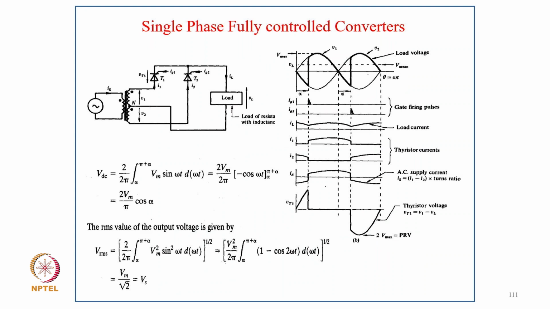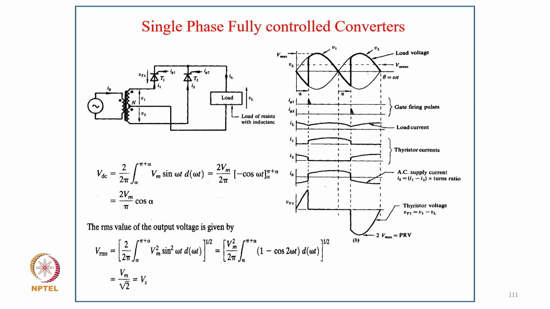And coming to single phase full wave with center tap and 2 thyristors, 1 conducting per half cycle, and how the waveforms are there for different load currents as well as supply current and the voltage output and the thyristor voltage. So here the average voltage VDC equal to 1 upon pi alpha 2 pi plus alpha Vm sin omega t equal to 2 Vm upon 2 pi in bracket minus cos omega t alpha 2 pi plus alpha